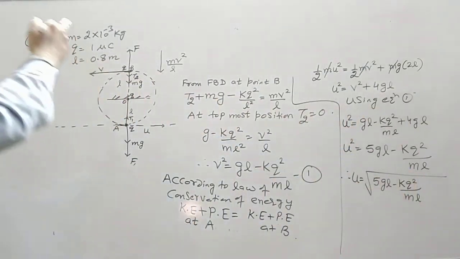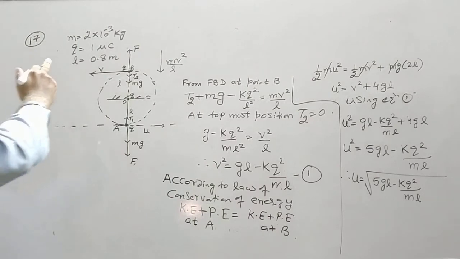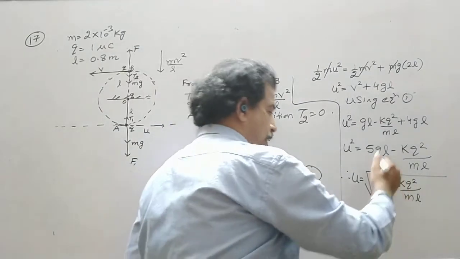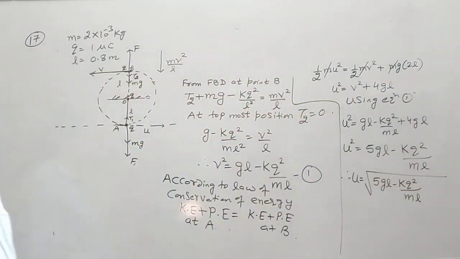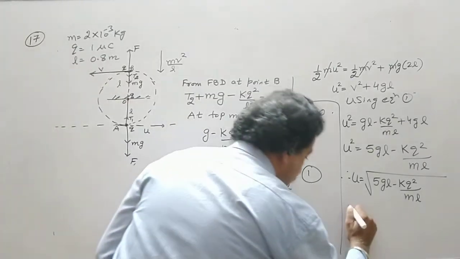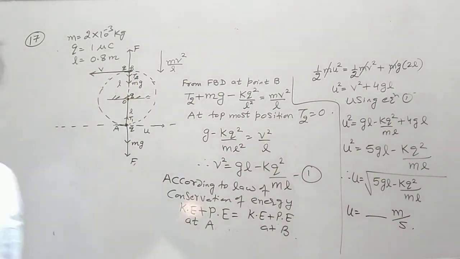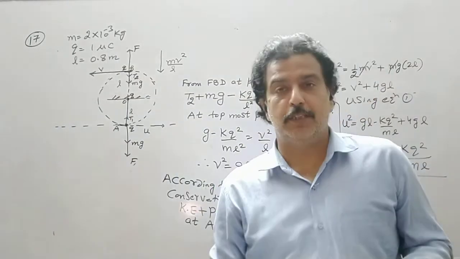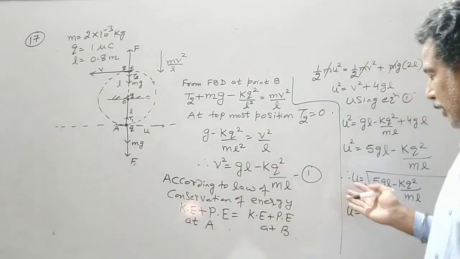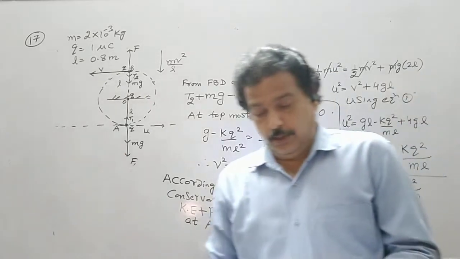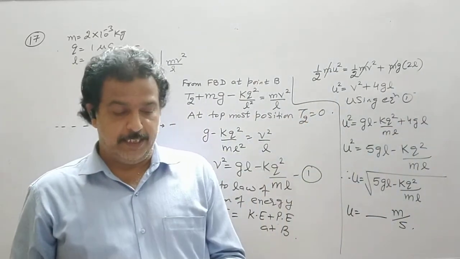So we know the value of mass is given to us, the value of Q is given, the value of L is given, K is known to us, all the values are given. You substitute these values and find out the answer in the MKS system. So you solve and check the answer. You will get these answers in the options. So there are 4 options given. You have to calculate this value, substituting these given values. So this is MCQ number 17.